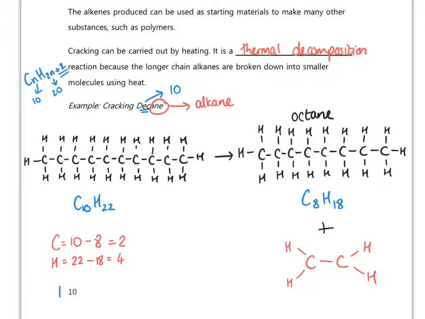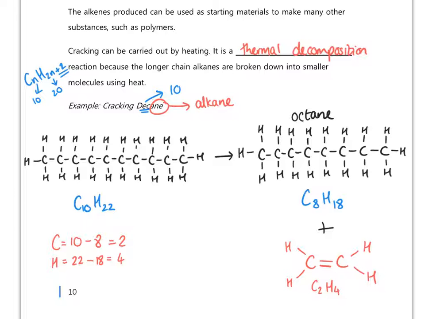But you can see there's a problem here. Each of our carbon atoms only has 3 bonds rather than 4. How we solve that problem is we put a double bond between our carbons. We talked about that earlier in this video, that carbon can form a mixture of double and single bonds. This is what we call an alkene, which we will come on to in the next section. But we can't just add 2 more hydrogens because there are no more hydrogens in decane, so we can't just form 2 hydrogens out of nowhere. So this molecule has the formula C2H4. And it's what we call ethene.